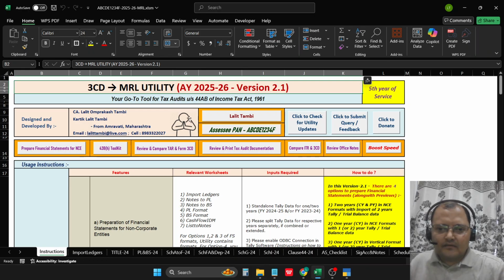Apart from this, the other functions are also available and refined now with respect to computation of disallowance under 43B(h), review and comparison of Form number 3CD for the current year with 3CD for previous years,